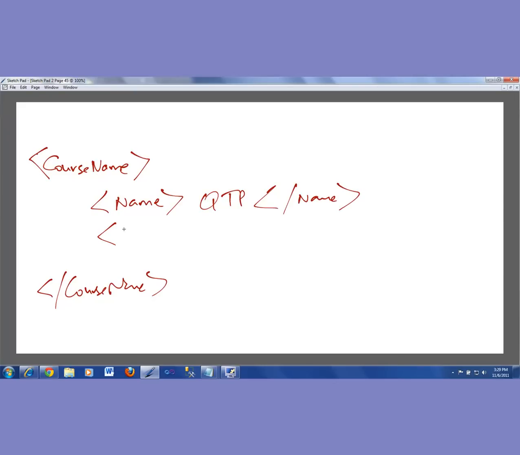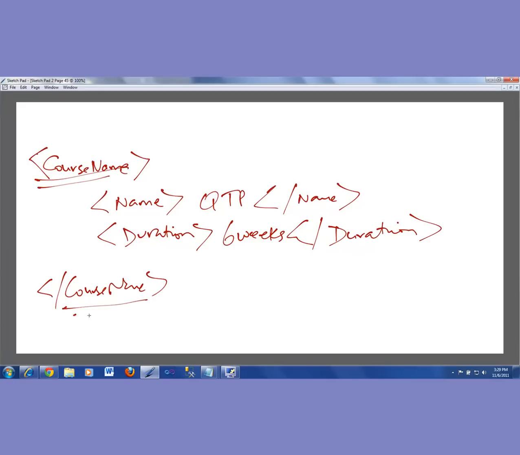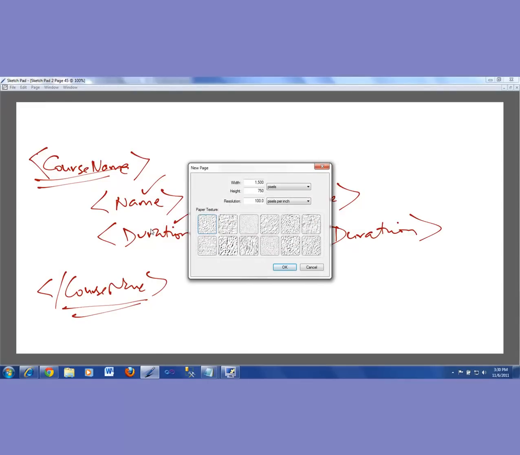And duration is 6 weeks, end of duration. So I can say as many things as I want about a particular course. The name is that, the duration is that. I could have one more, whatever I want. Likewise,